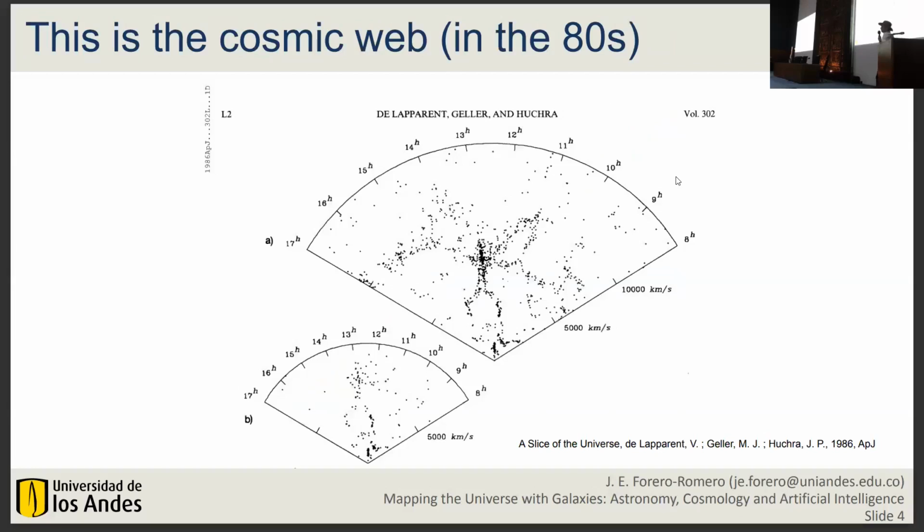This is the early revolutionary groundbreaking paper from the 80s. This is data from the CFA survey. The way we usually present this is that we are here, we, the Milky Way. We have right ascension, and this is a thin slice in declination. Every point there corresponds to a galaxy, and the radial coordinate corresponds to radial velocity. If you pick a value of the Hubble constant, that would mean you have some distance measurement.